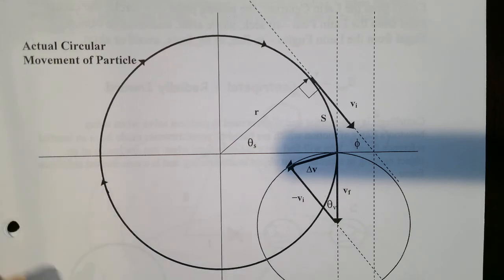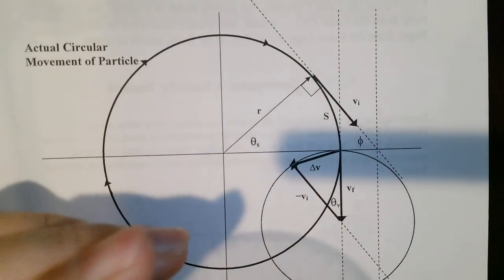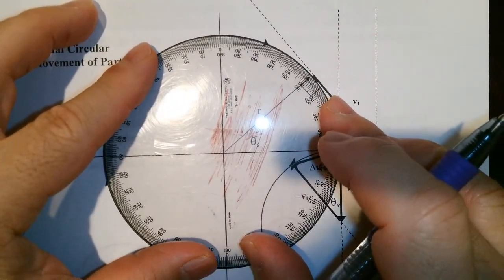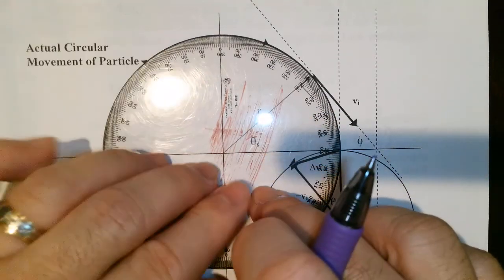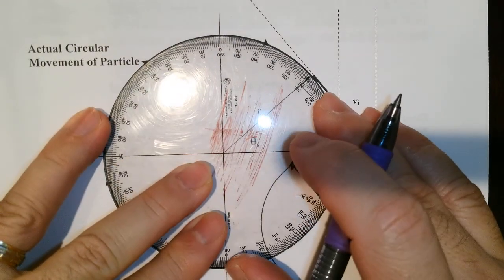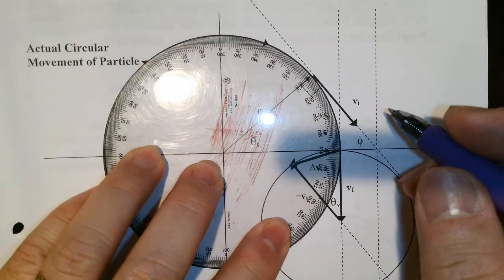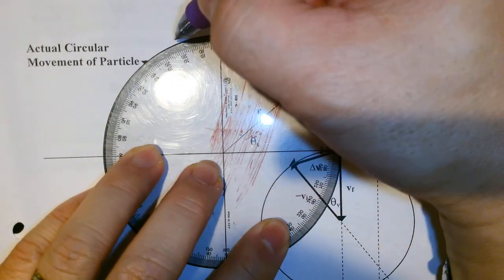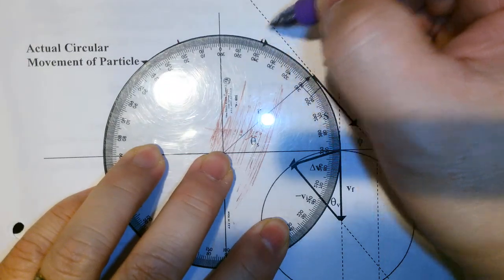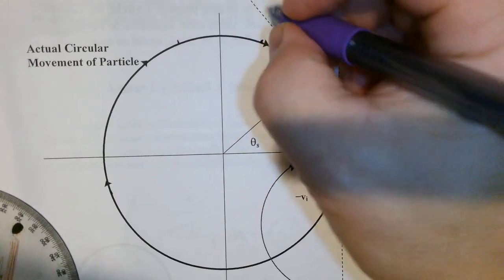Now I'm going to do my best to make it as accurate as possible so you could see it. So I'm going to use my protractor to really measure this thing out so that you can see the direction of acceleration. Oh wow, look at that, that's perfect. I didn't realize that. I can use this exact same one. So I'm going to take a look at like 20 degrees from this side to 20 degrees from this side, okay? So I'm going to look at two time instances, where